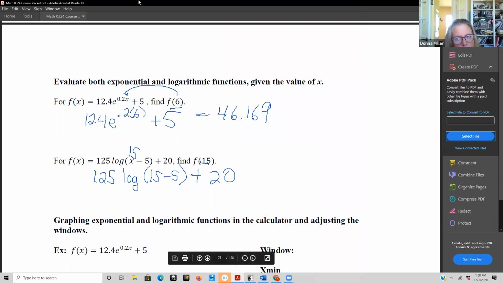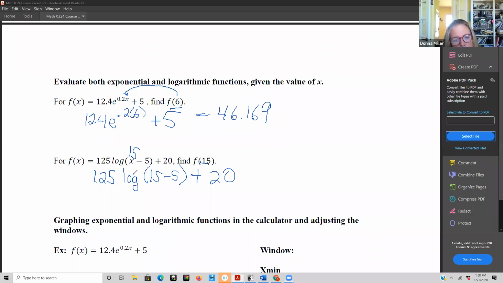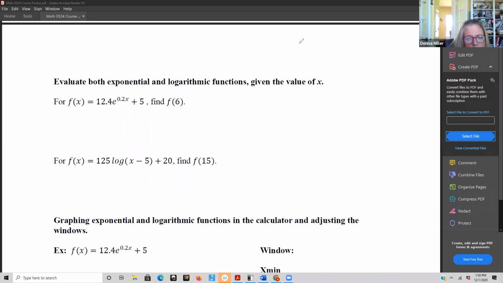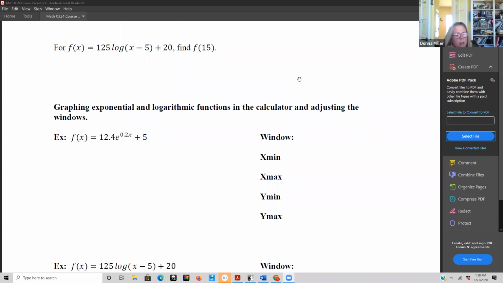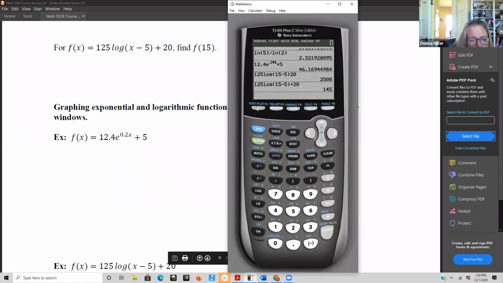Okay. So let's do this. All right, so you can graph exponential and logarithmic functions on the calculator, pretty much by typing them in. We'll talk a little bit about windows though, because with exponentials, they're going to grow really fast or decay fast. So you might have to adjust your window a little bit to get a good picture. So I'm going to go into y equals, and I'm going to type this function they want, which is